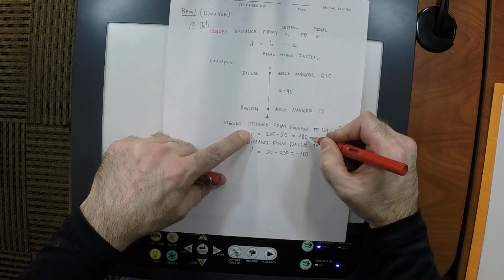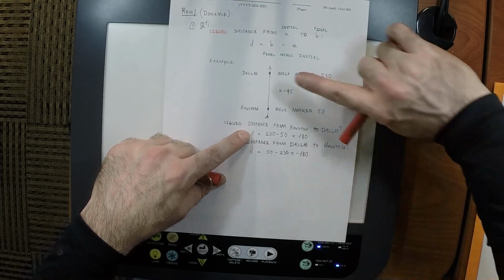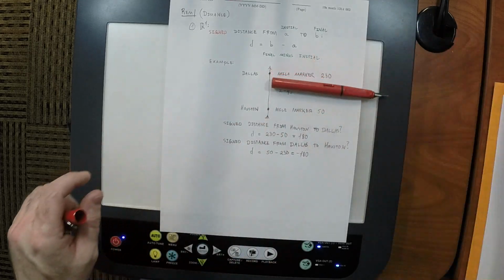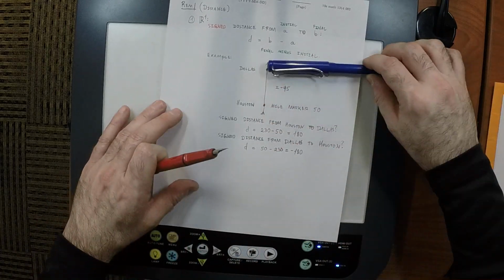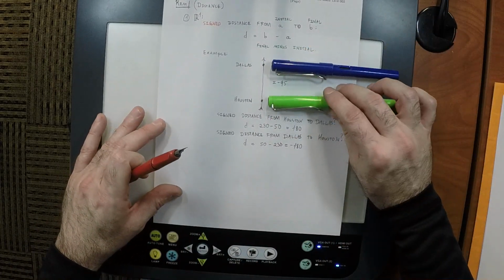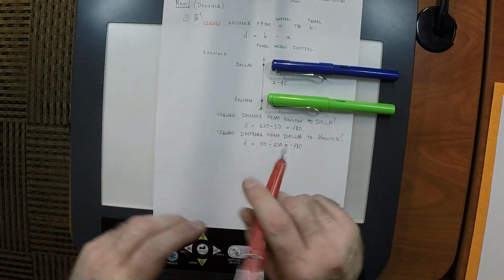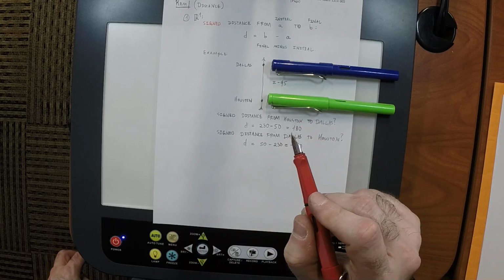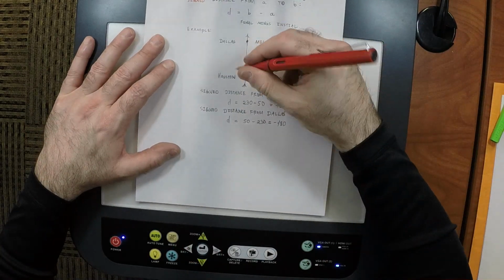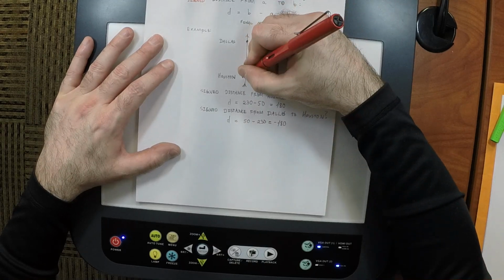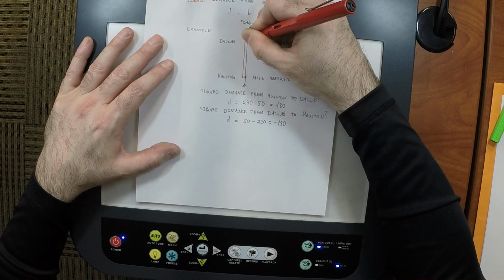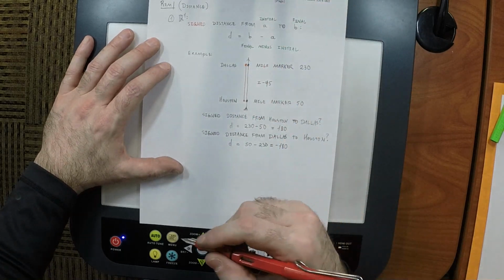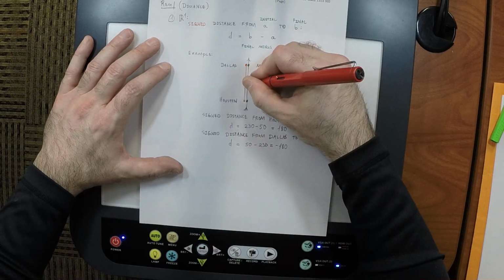Speed is smaller than 8. Okay, but even still, ignoring the actual numerical values, there's a reason why in the diagram it says from Houston to Dallas. So initially we're at Houston and we're going toward Dallas. So what it's saying is that we're starting here and we're traveling toward Dallas, like that. And to indicate and record the sense of our travel, I can put a barb right here.